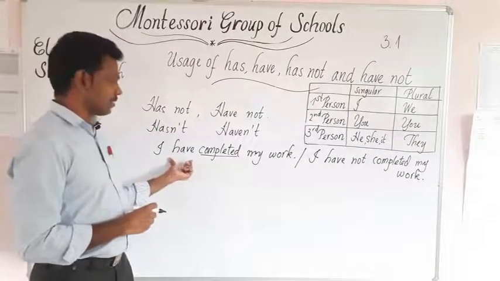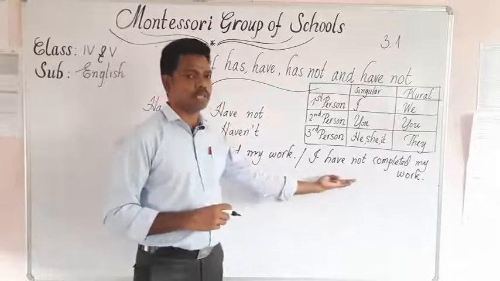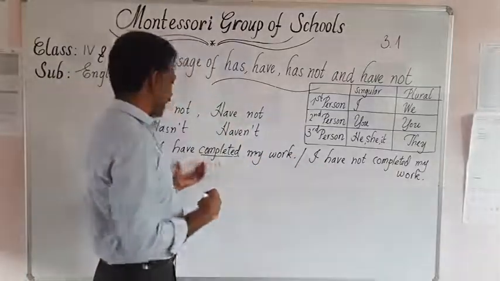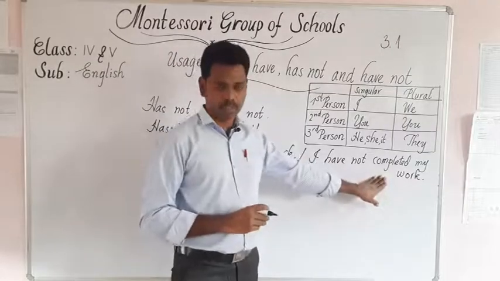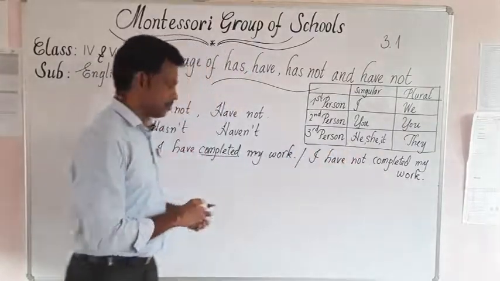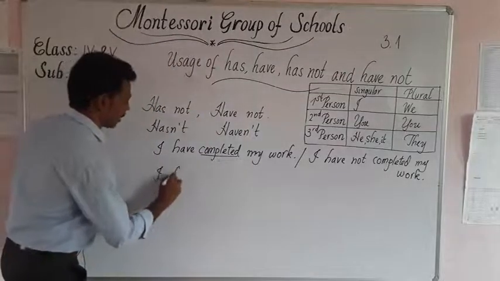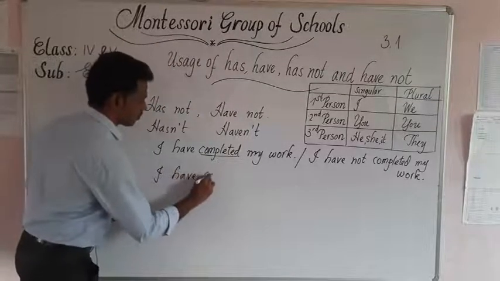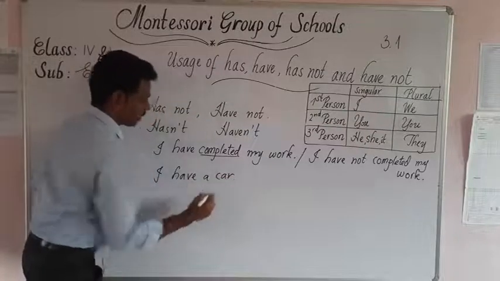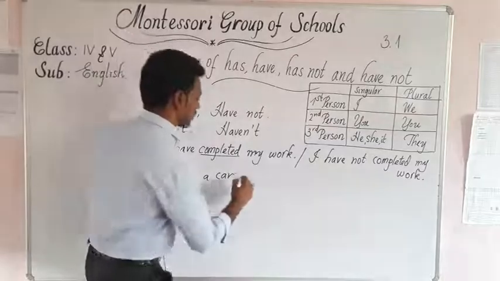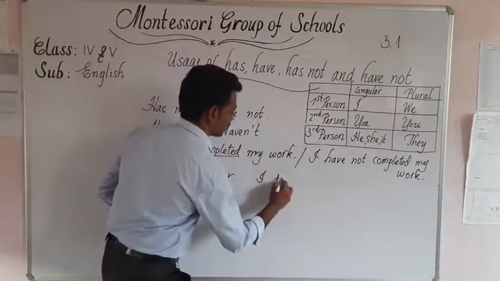That is the reason when we transform into negative form, we are just adding have not. I have not completed my work. Whereas when I say I have a car, the negative form is I don't have a car,